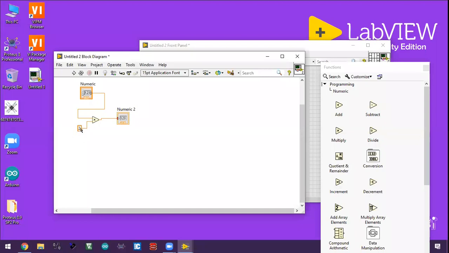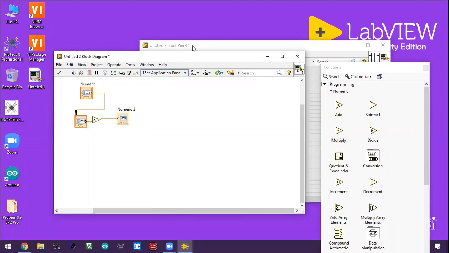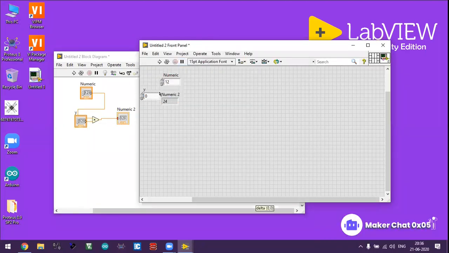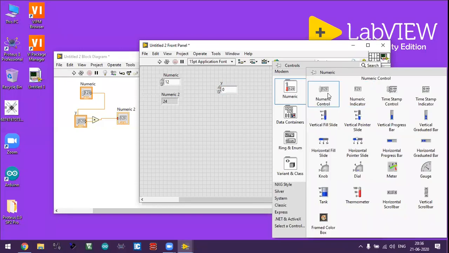Someone asked me if you can put any other value by user control. Yes, you can, by just right clicking on it and creating a control. So you don't have to go over here and right click on numeric value and numeric control. You have to put it over here.